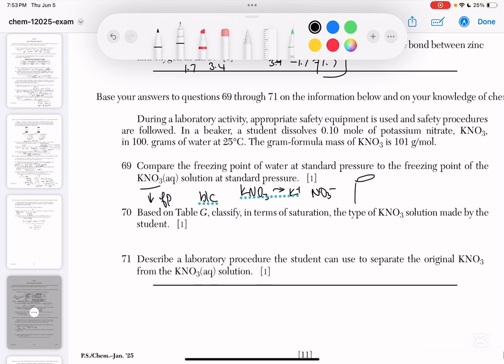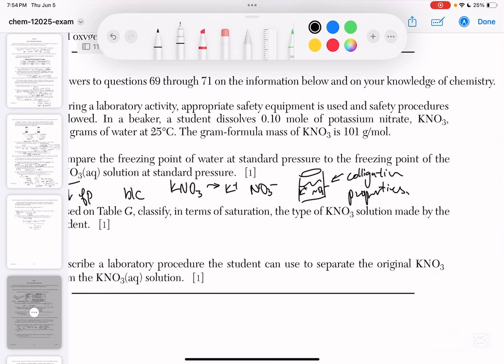And when there are ions in water, the forces of attraction make it harder for water to freeze, like colligative properties. So it's more difficult for the water to freeze,